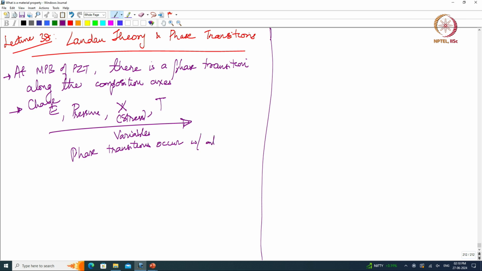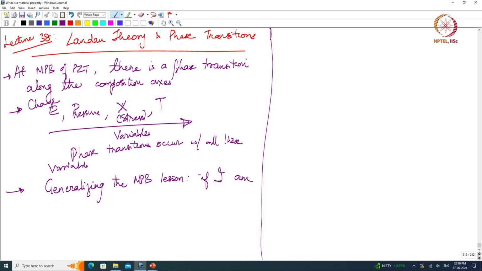With all these variables, right. And then what we noted is, if I am generalizing the MPB lessons, if I am close to a phase transition,